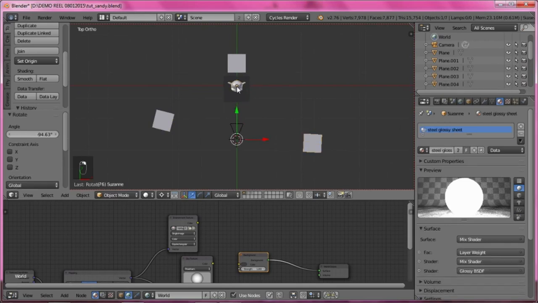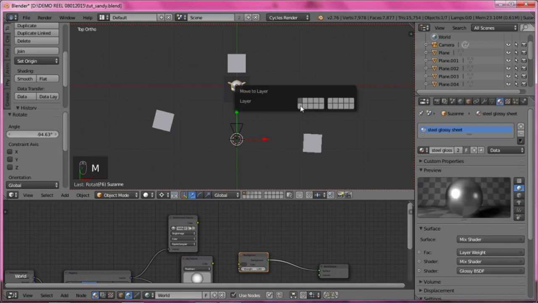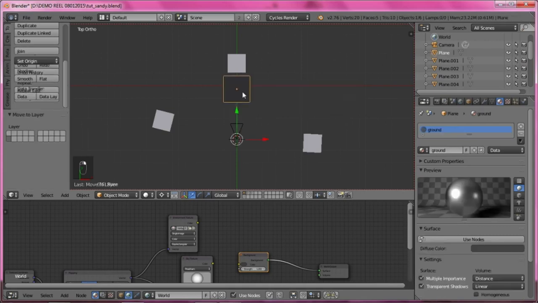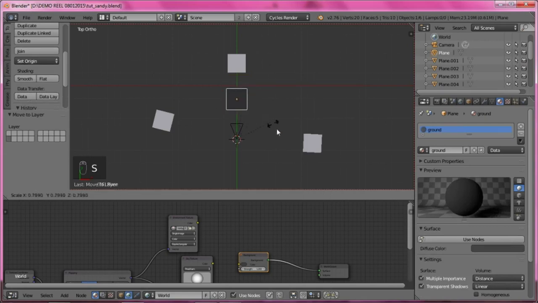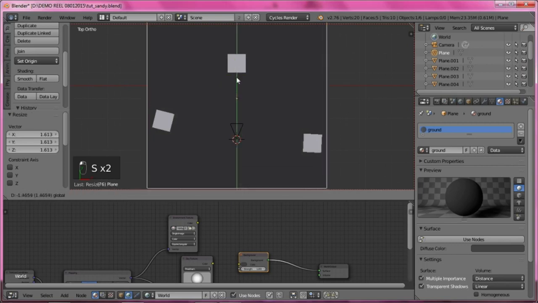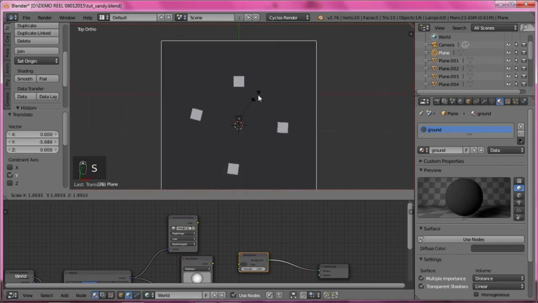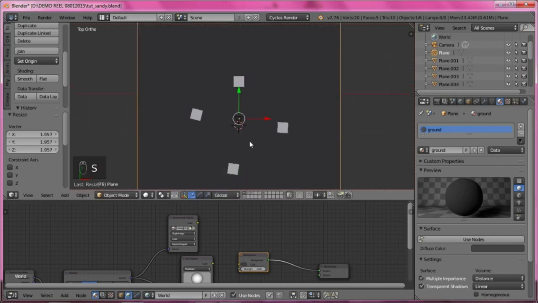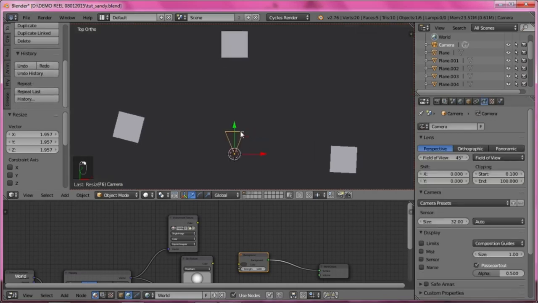Just move it in other layer. Scale, just scale it, just scale it up. Okay, select the camera,